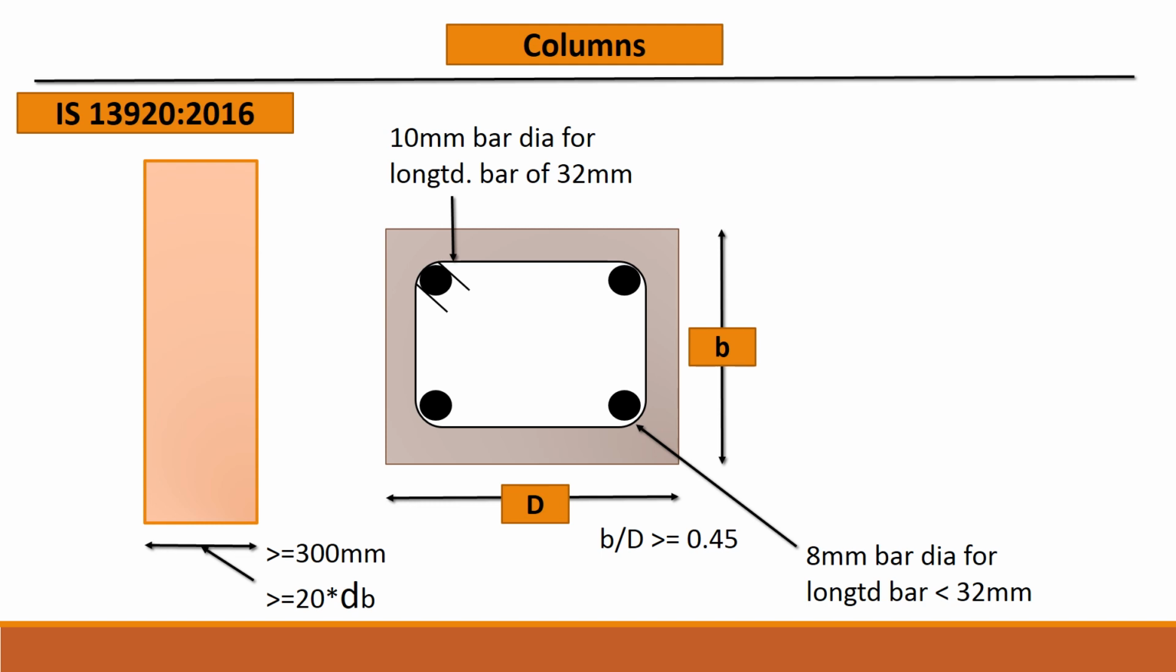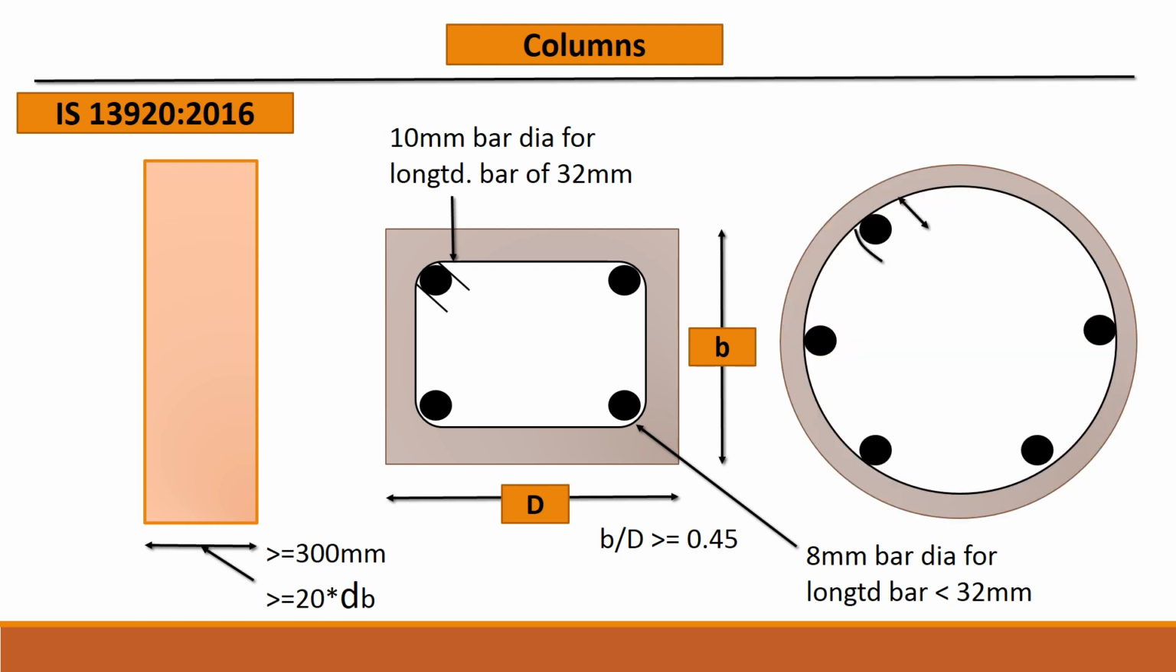Another criterion that has to be taken into account is that the tie or the rings or the transverse reinforcement has to be 10 mm bar diameter for longitudinal bars greater than or equal to 32 mm, while it could be 8 mm diameter of the transverse reinforcement for the longitudinal bars less than 32 mm. In case of circular columns,